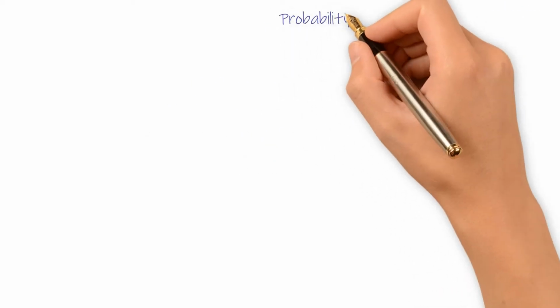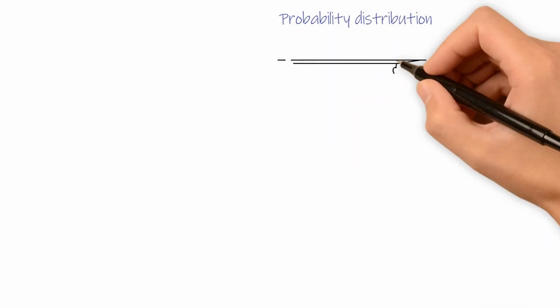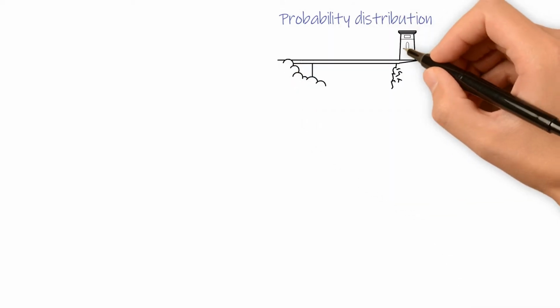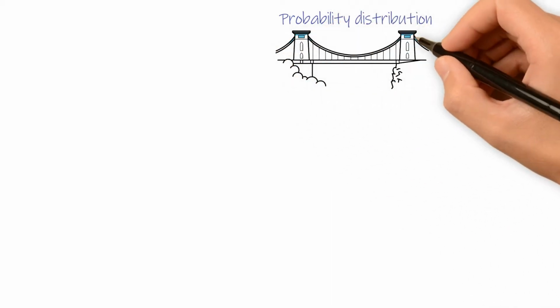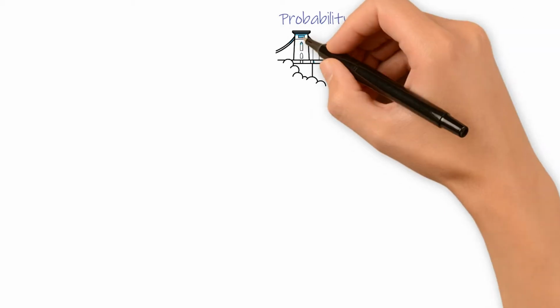Do you want to have an overview of a random phenomenon? You can use the tool named Probability Distribution. I will explain what is the probability distribution and how to use it to understand our world in the next